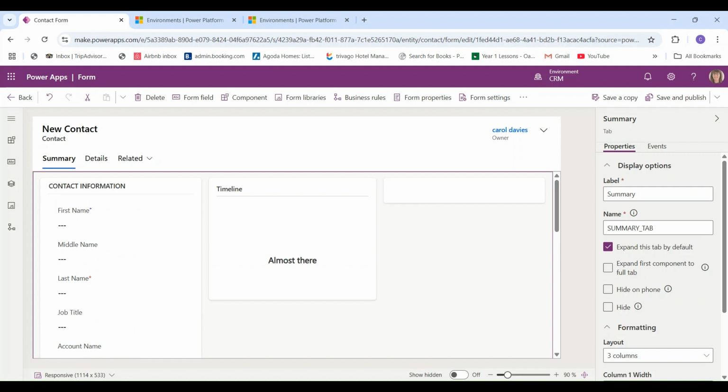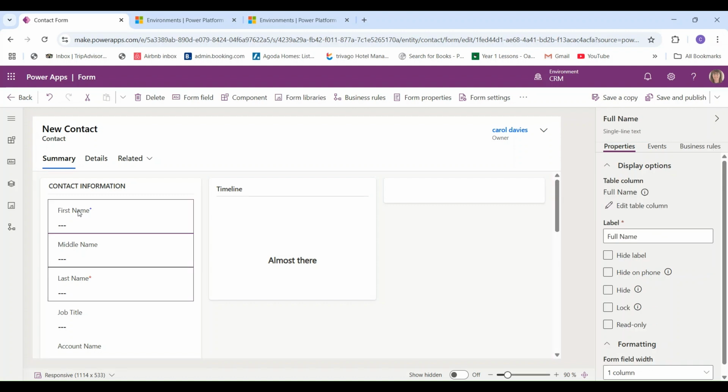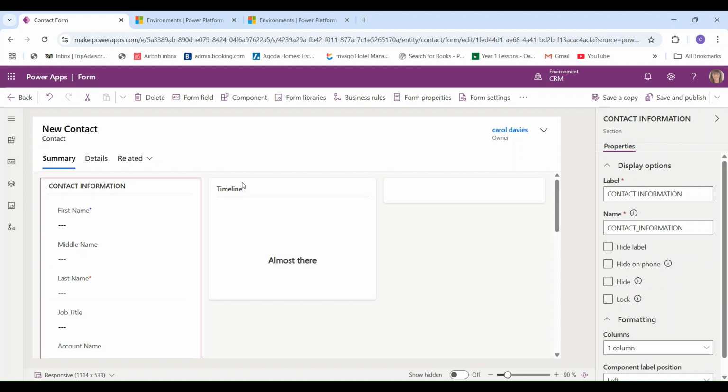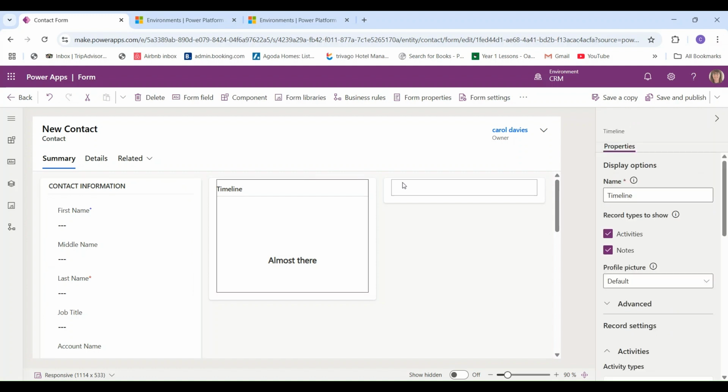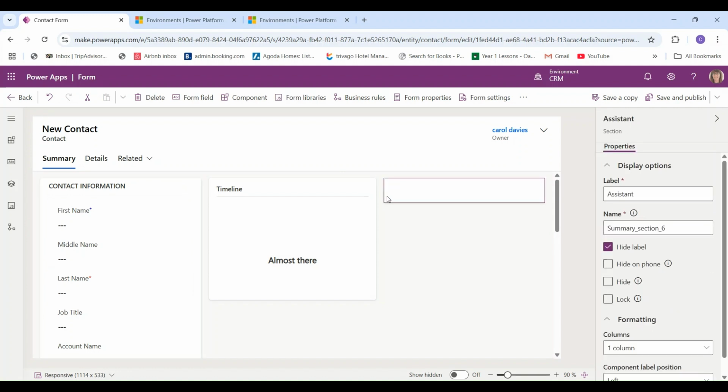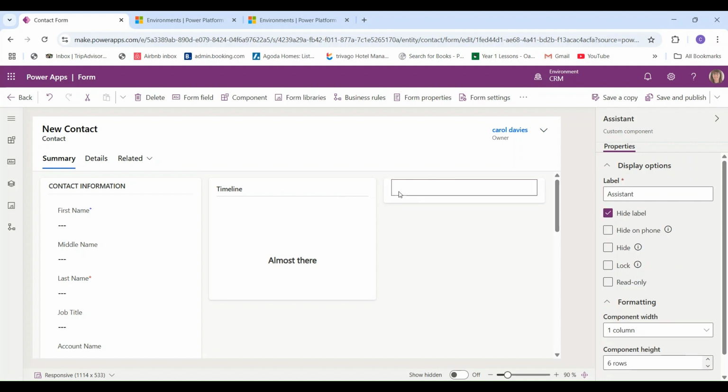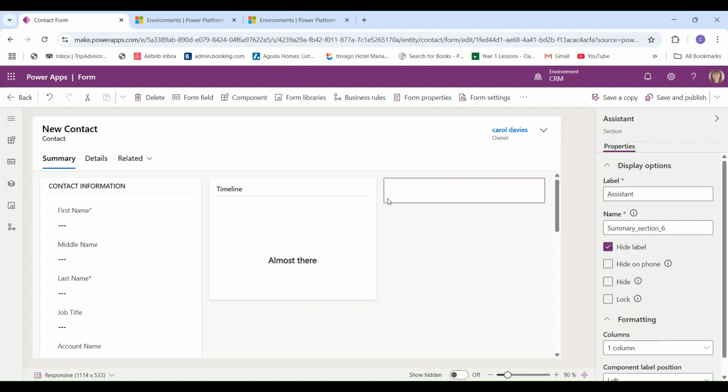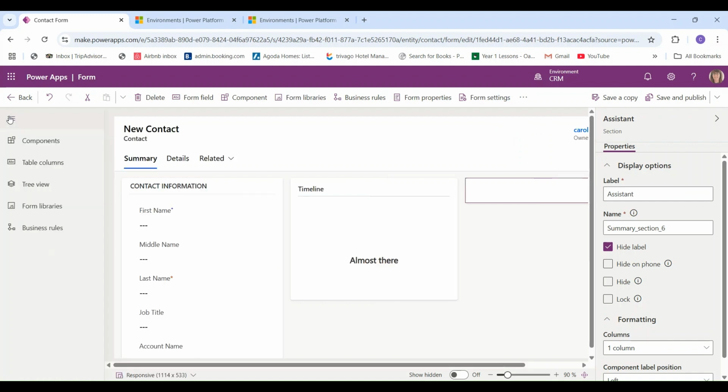Okay, so what can we see on here as well as the columns that we've just been looking at? We can see we've got outlines. These are called sections. You can see that. So did you see there that line changes? So it can be a little tricky to make sure you're in the right place, but sections just help to divide the page up a little bit. And we can have components that go within the sections. If we have a little look here,